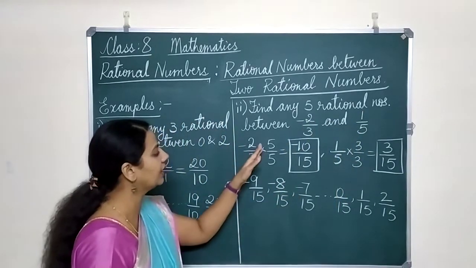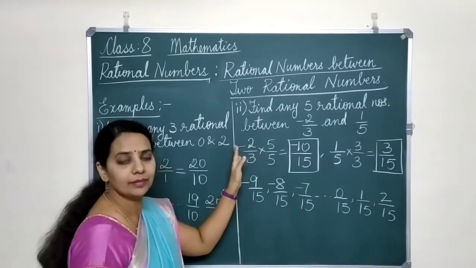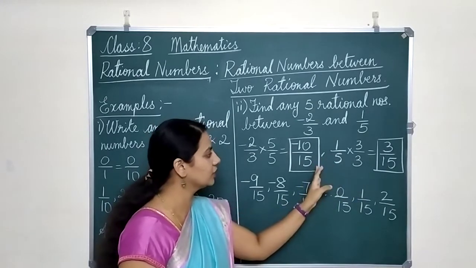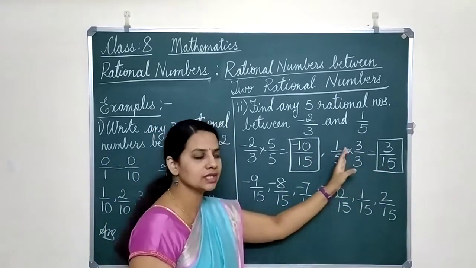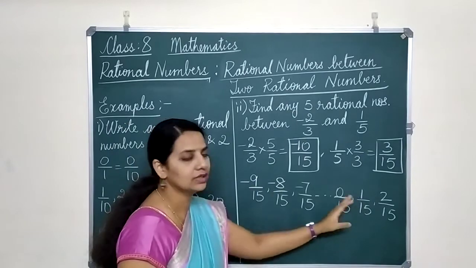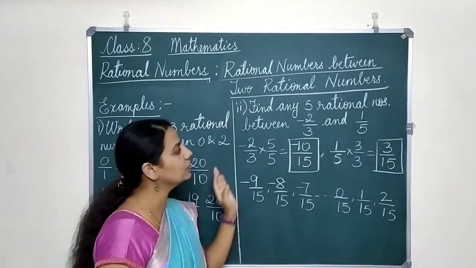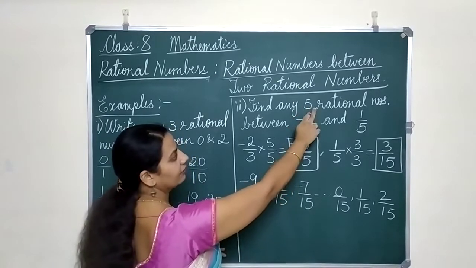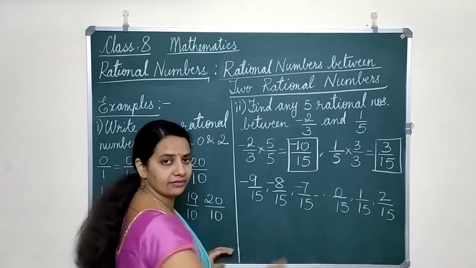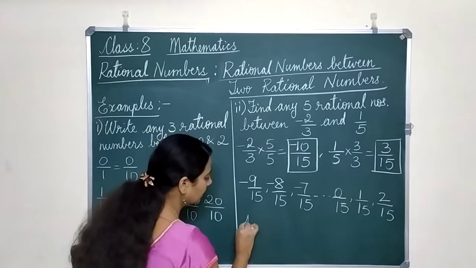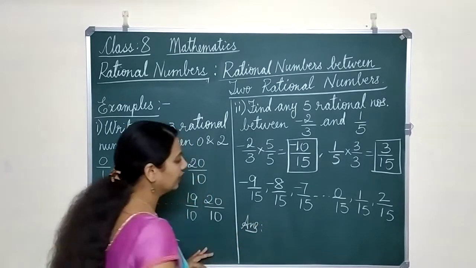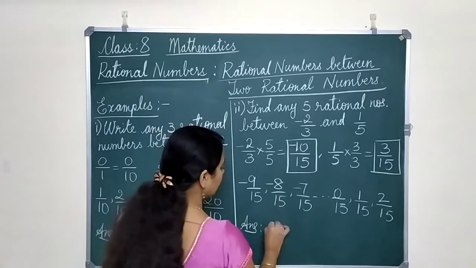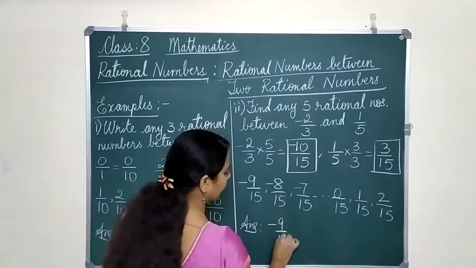Because I have taken the denominators same, I made equivalent fractions. These are now like fractions. So now I have found out what are the numbers between these two numbers. Now in this you can choose any 5 because we want any 5 rational numbers. Choose any 5 rational numbers and write down the answer. First 5 numbers or any in between 5 numbers also you can write. So it's always better if you write the first 5 numbers.